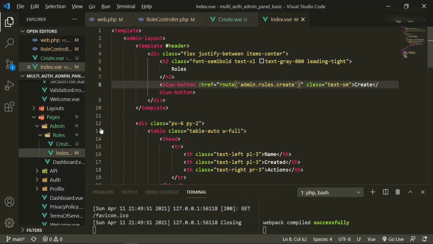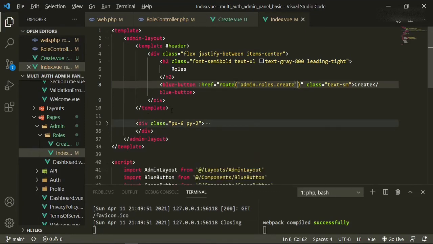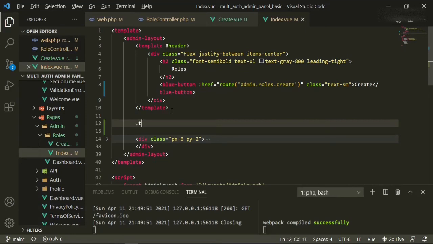If we go to the index page, right under this template before the table, so between the template and the div, we're going to have another div with a class of text-center, and a class of my-4.